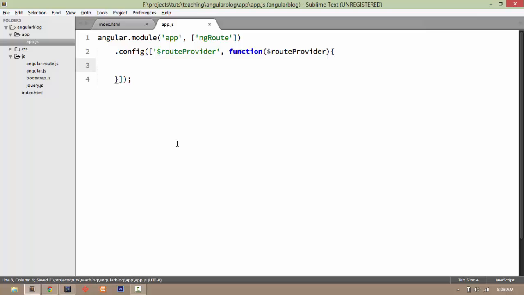So now we can say .when slash template home, dot otherwise